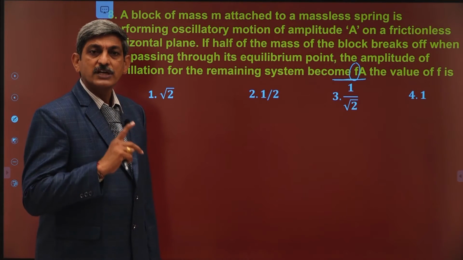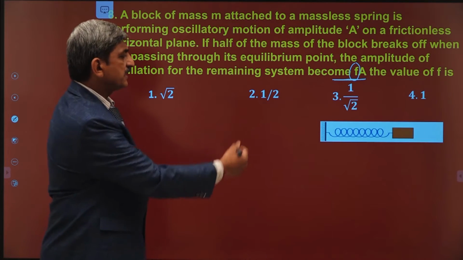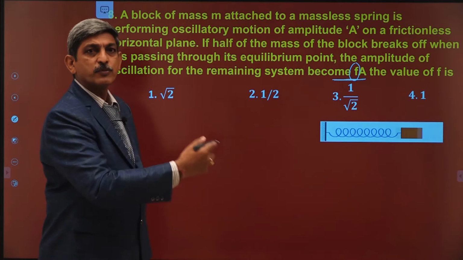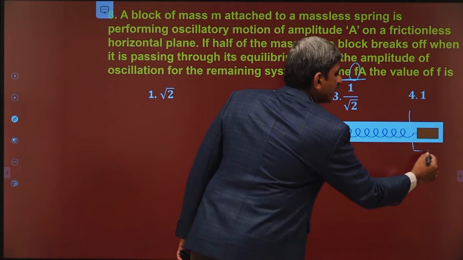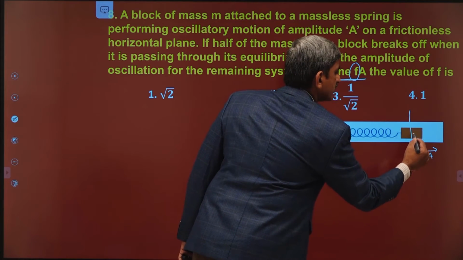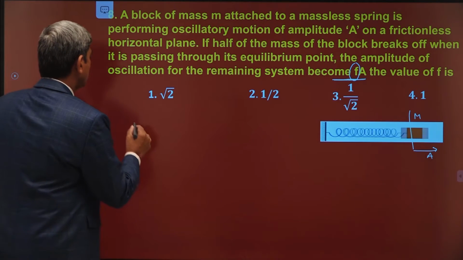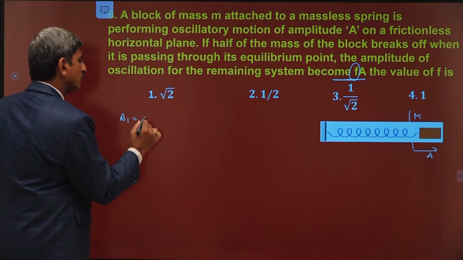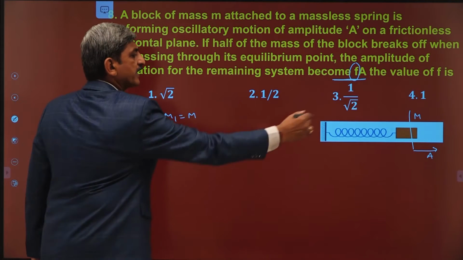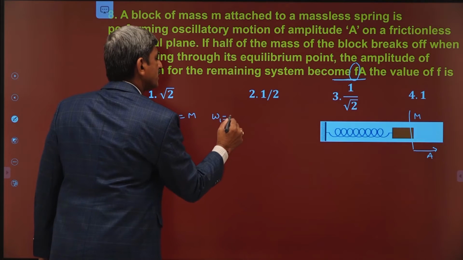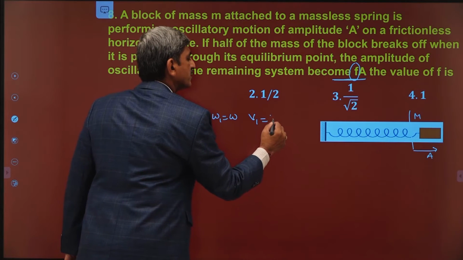One is the law of conservation of momentum. The second one is simple harmonic motion. Now let us see the situation where the block is making simple harmonic motion. Let us assume that this is the mean position and the body is making oscillations with the amplitude A, and let us assume that m is the mass of the given block. So in the initial system, let us assume that the amplitude A1 is equal to A and the mass of the body m1 is equal to m, and it is making oscillations with angular velocity omega 1, and when it is crossing the mean position, let the velocity of the body v1 be equal to v.